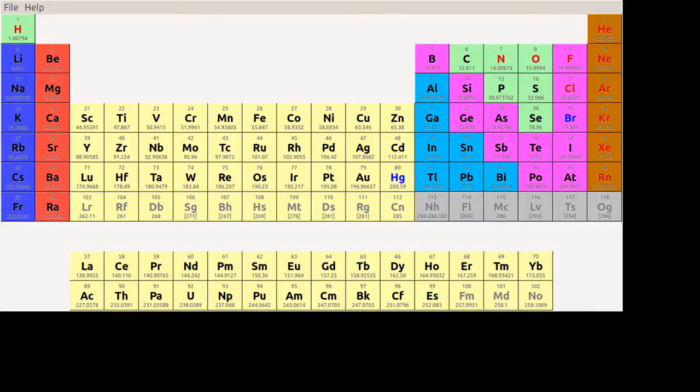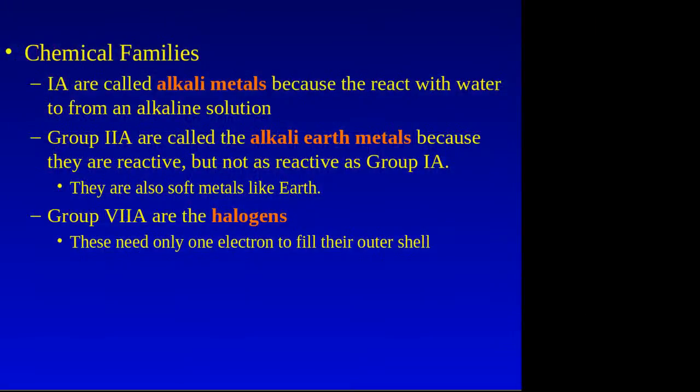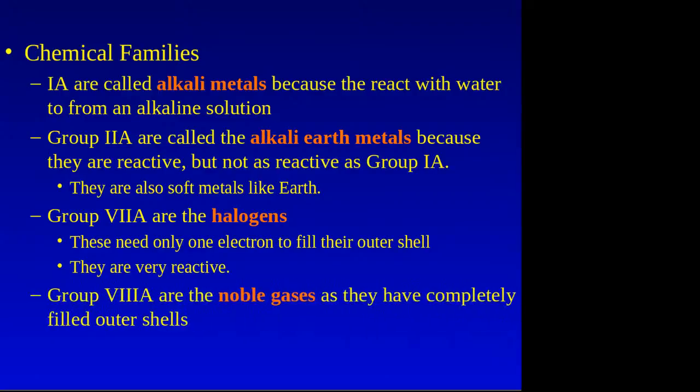And halogens need only one electron to fill their outer shell. And they're not completely filled. And so they're very reactive because, if you want to think of what chemistry is trying to do, everything is trying to fill its outer shell. And if you only need one electron to fill your outer shell, and every outer shell has electrons in it, you're going to be going, hey, I'll take yours. Hey, I'll take yours. I can work with you. And so they end up being very reactive.